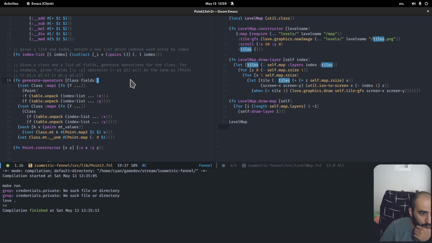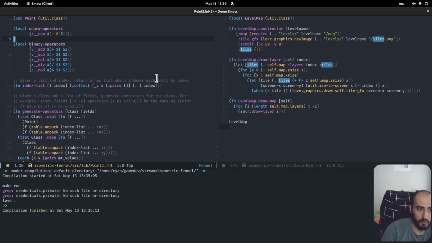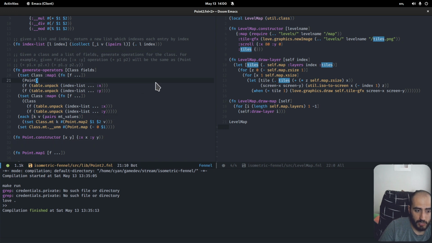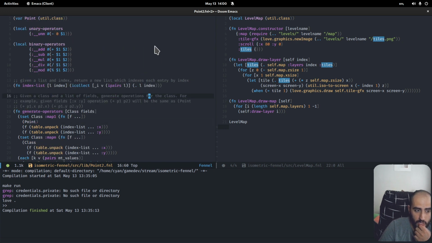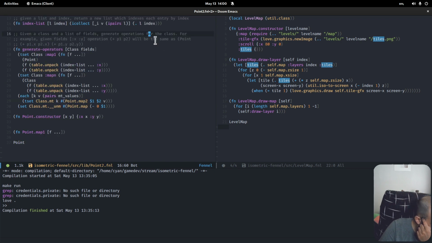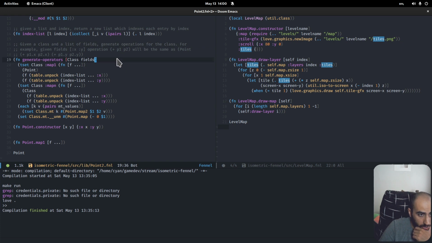So, generate operators. Like maybe you prefer if the curly braces and square braces were all just parentheses. Because I mean, I could definitely see that. But coming from Lua doesn't bother me. It's pretty obvious what to do in a given situation. So anyway, all right. Generate operators. Right now,